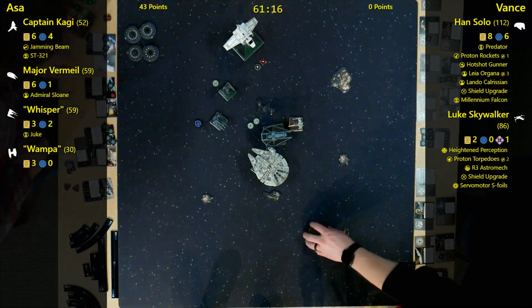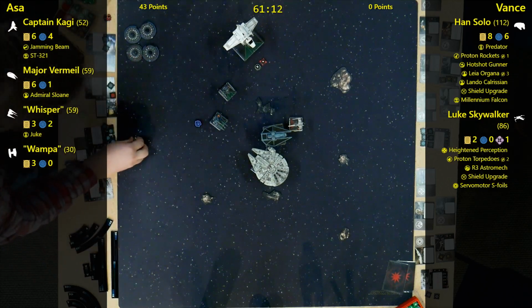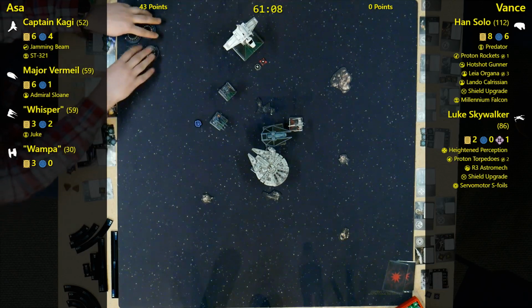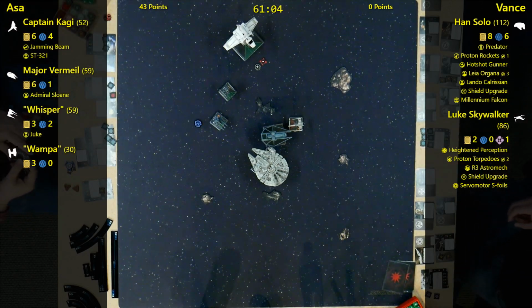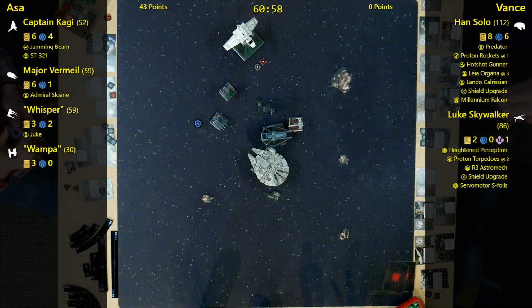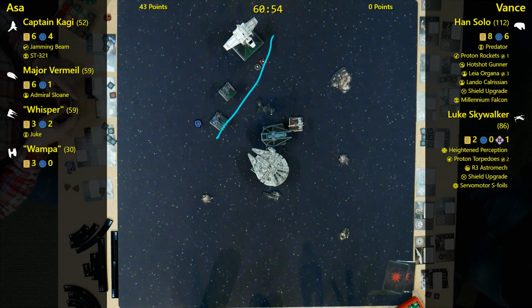So we are back to dial with round 2. Whisper is going to go ahead and trade that evade for a cloak. All right, so using this telestrator, Anthony, where do you think Ace is going to go from here? I mean, they already are kind of gummed up in the middle. Yeah, they're gummed up in the middle. He's got his nice wall here. He'll probably just